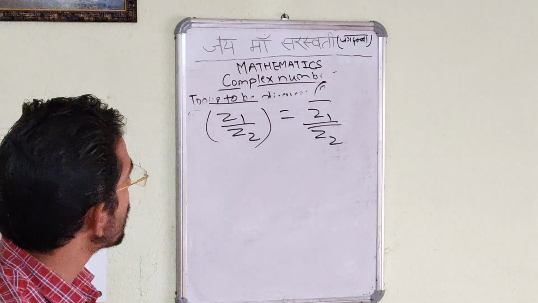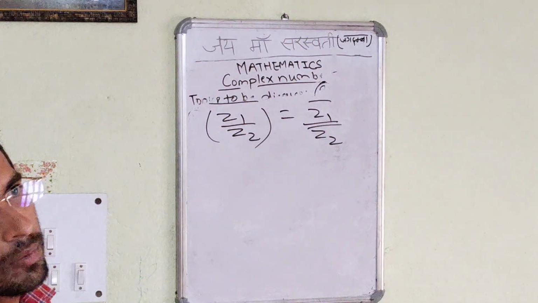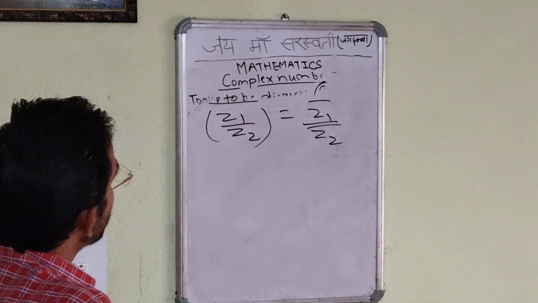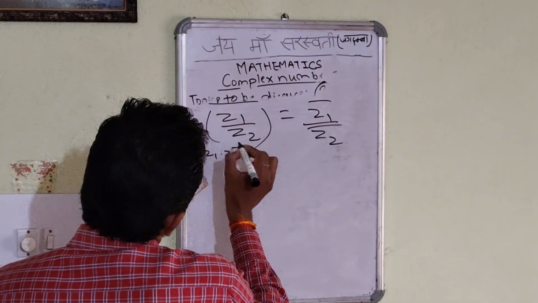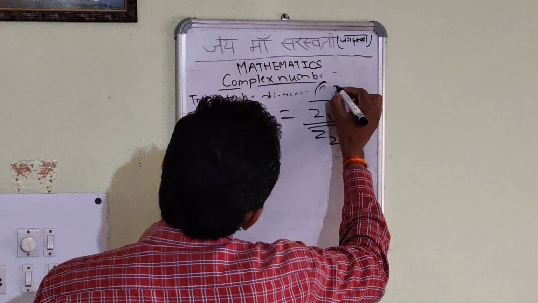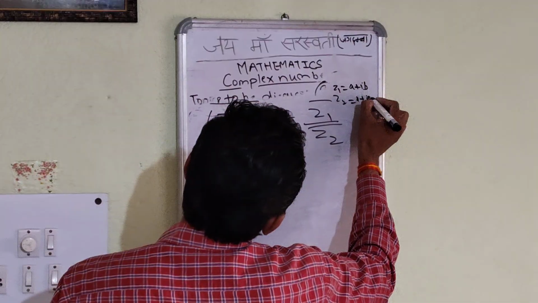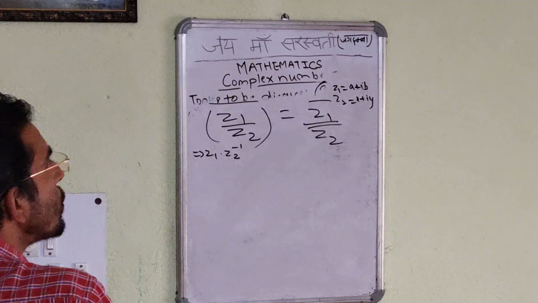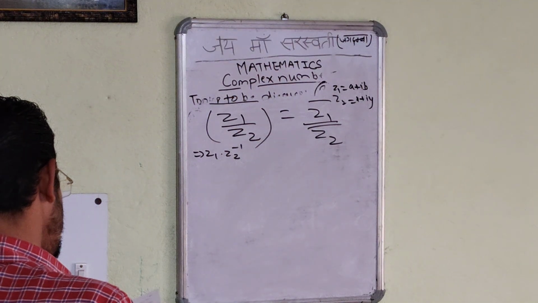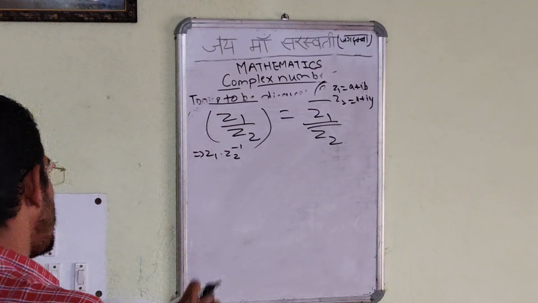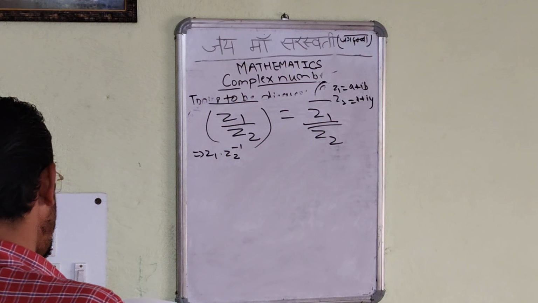If we are taking Z1 into Z2 inverse, which we can write here also as Z1 into Z2 inverse. Suppose we take Z1 is equal to A plus IB, and Z2 is equal to X plus IY. Understood? So Z2 inverse is to be found. Suppose Z2 is X plus IY. So its inverse will be equal to,